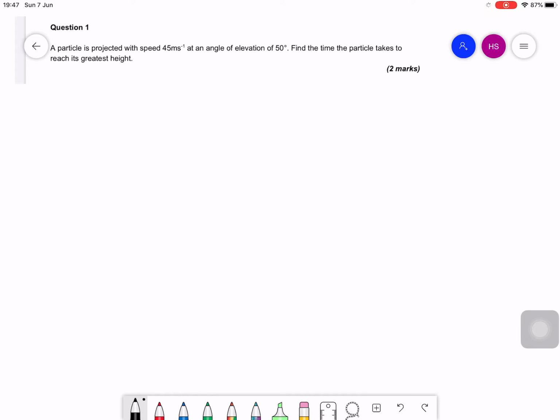Okay, we're looking at the projectiles mini test. So this is the solution to question 1. So we've got a projectile. We're told the angle of elevation is 50 degrees and the initial speed at that angle is 45 meters